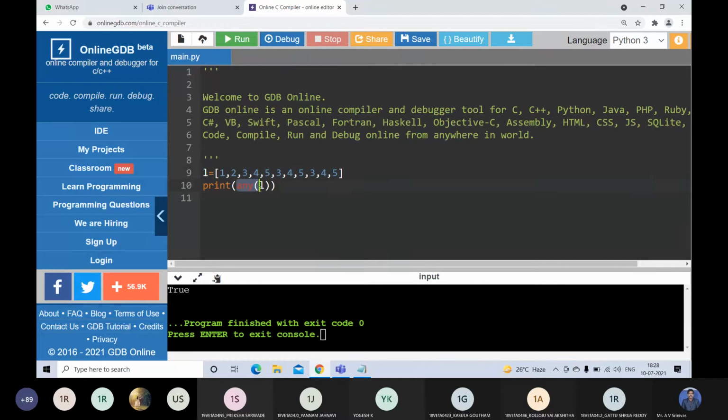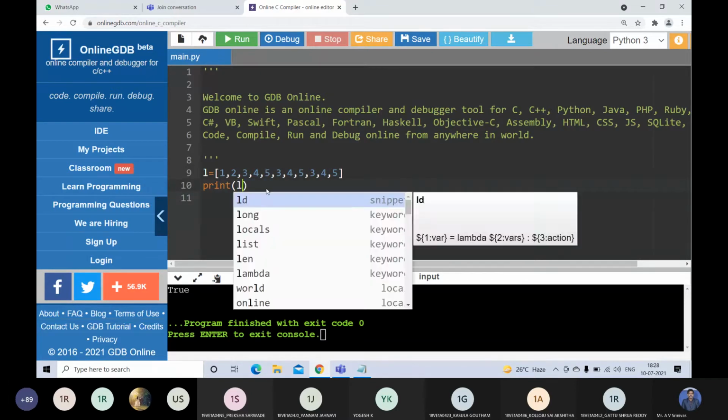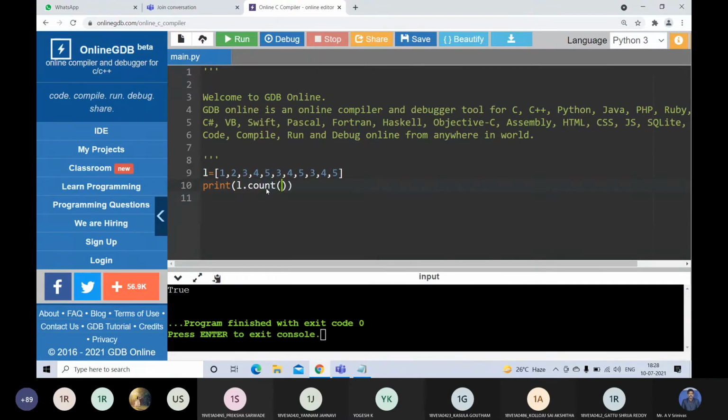There is one more method called the count method. L dot count: for this, we can pass one element as a parameter, L dot count of 3. This count method will check how many times the element 3 appears in the list. How many times does 3 appear? 3 times, here, here, here.